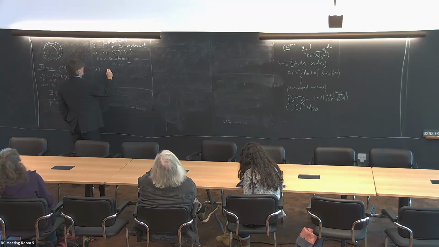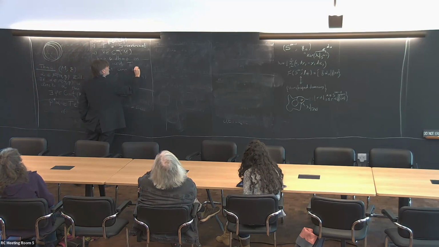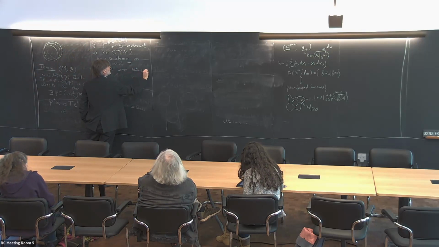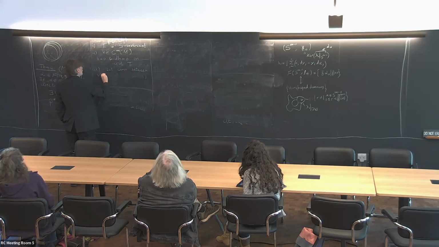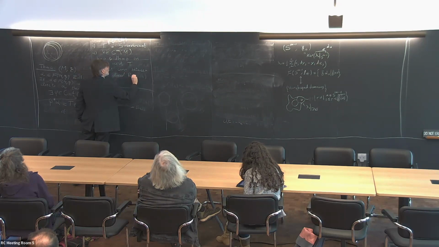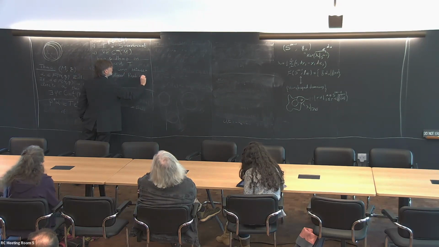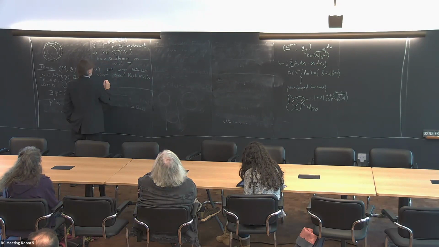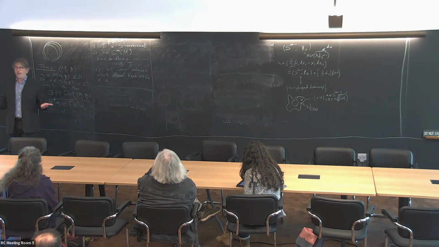More precisely, there is a one-to-one correspondence between the short closed Reeb orbits of alpha and the critical points of T. What I mean by short Reeb orbit: I'm perturbing